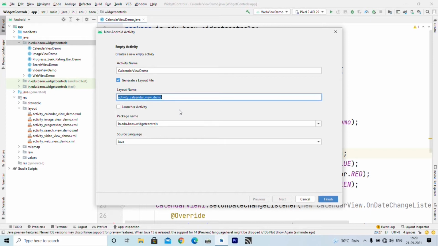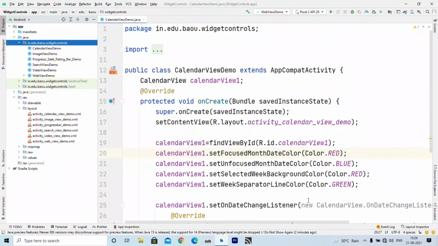This is how I created all the 6 activities, and remember you should select the launcher activity checkbox so that you can launch an individual activity also, and then click on finish. I hope you understand how all these activities are created.